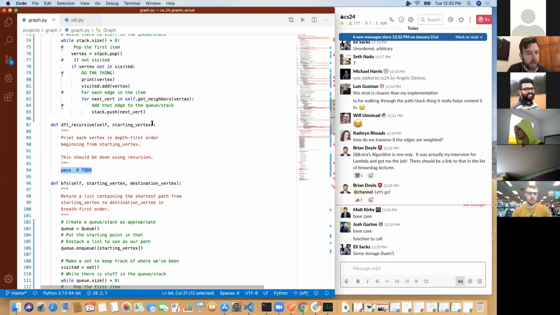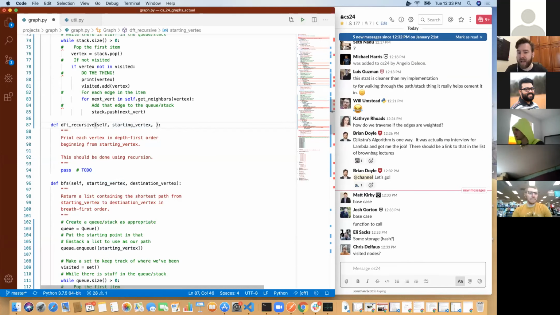And for a function that is supposed to visit every node in a graph, you need the list of visited nodes. Visited, which the default will be none. And then, as several of you said, we need the base case. So if visited is none,